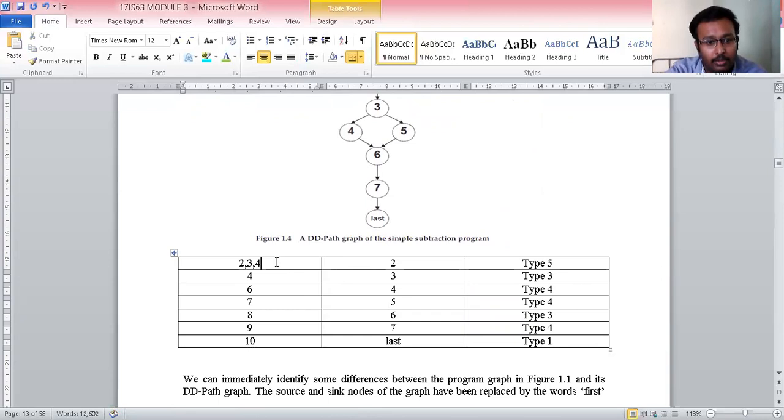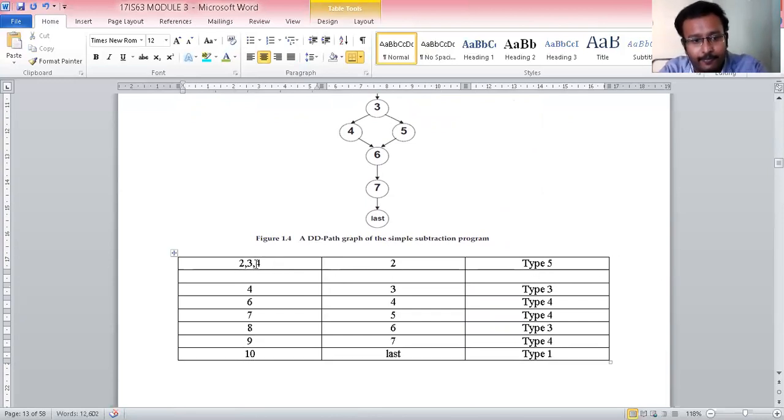These are the nodes I have taken from the program graph, and this second column belongs to the nodes of the DD path, that is, the definition to definition path, and these we call case definitions.